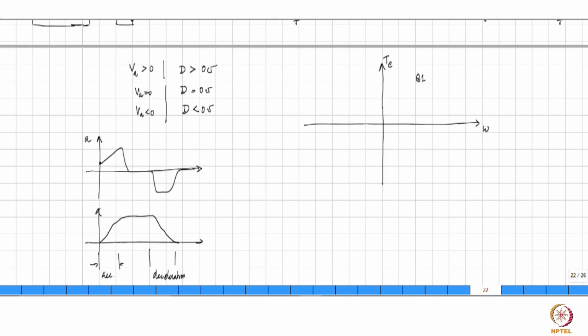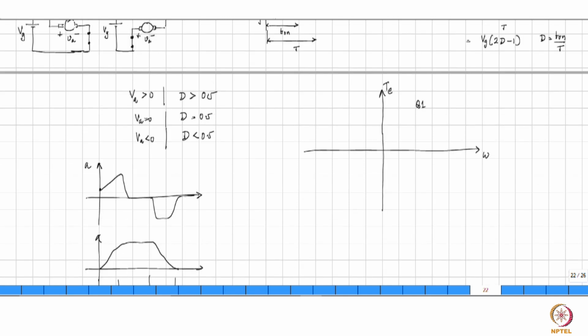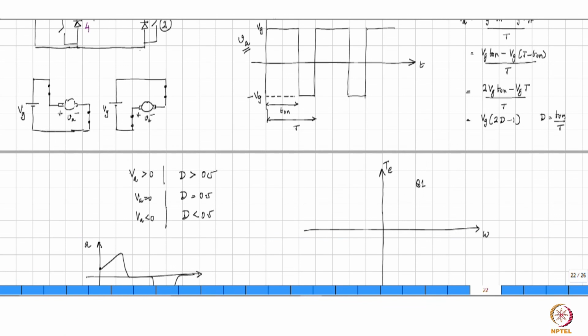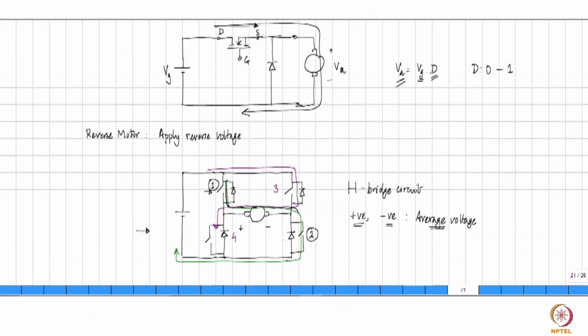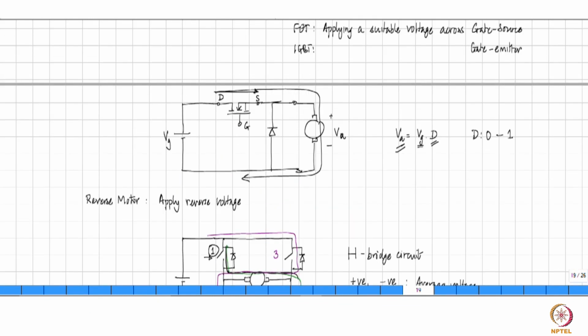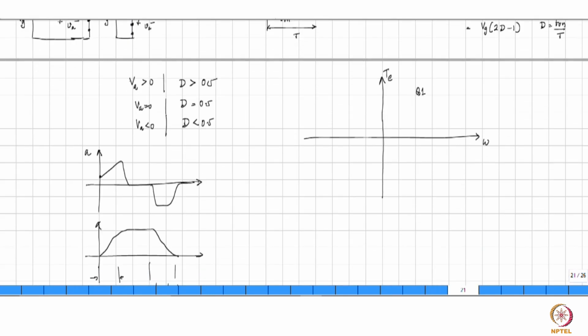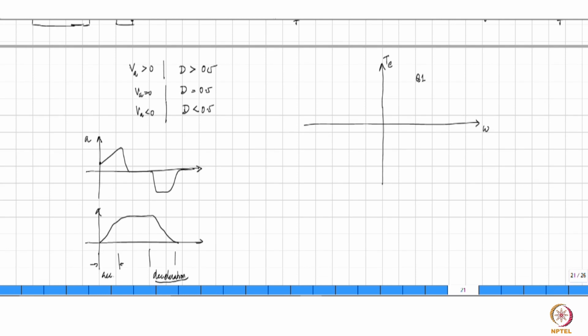right? So you need to have a circuit here. This circuit, for example, maybe it could be, as an alternative, a circuit like this. You must see whether the circuit allows these kinds of modes of operation. For example, this circuit will not allow you an ability to decelerate in a well-determined manner, right?